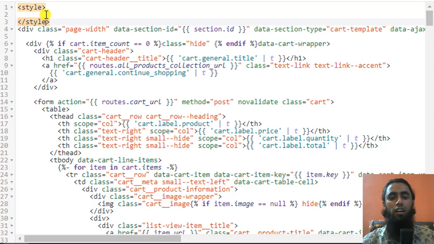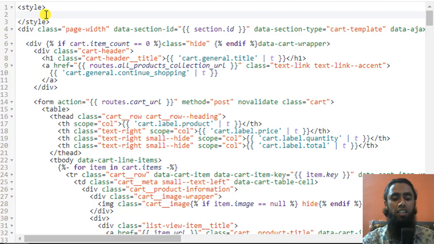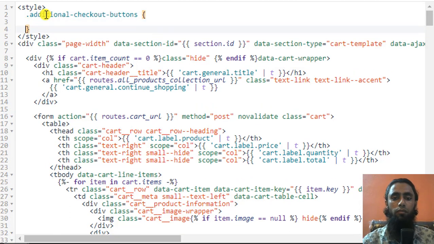This is the closing tag. So inside of it I am interested to paste, but you have to add the dot because dot is representing the class name, and then you have to add the curly braces. So open and close curly braces, and inside of it I will be adding the CSS property. So that CSS property is display